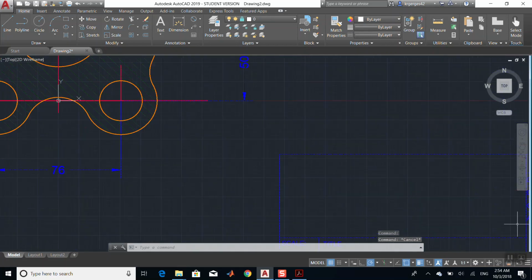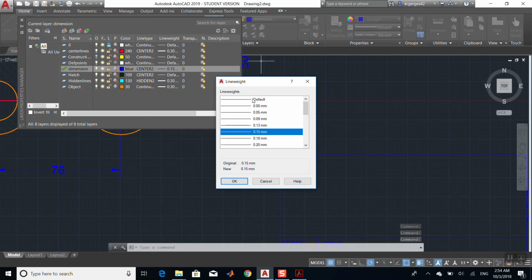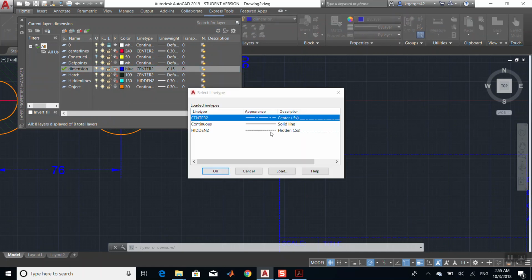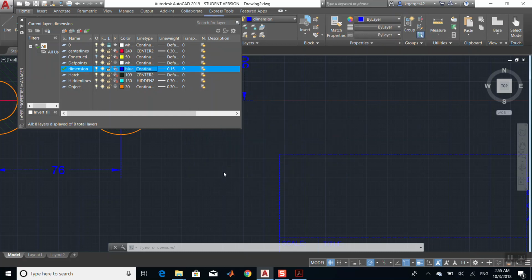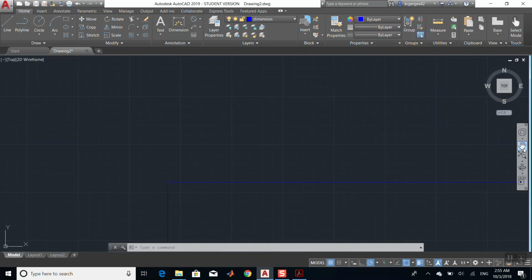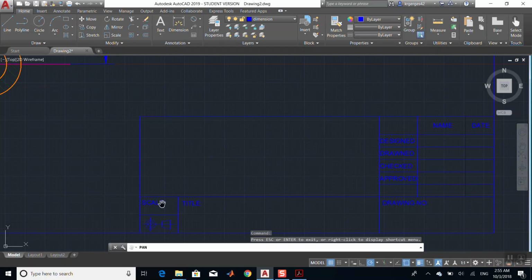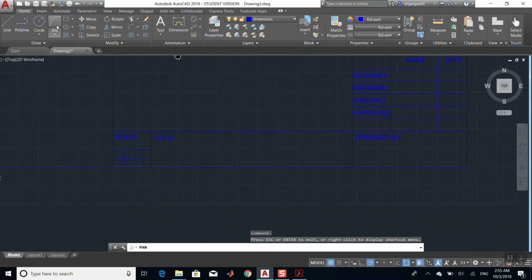So actually, as you can see, why is my dimensions one like that? It shouldn't be like that. It should be a solid one. Here we go. So we can write our name in here. The scale is the title. So let me just